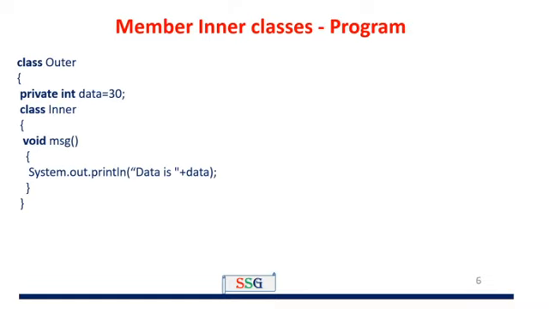Okay. The next one, program for the member inner class. Consider an example program, class Outer. The outer class name is Outer. The outer class contains one data member, private int data equal to 30. That means the outer class contains one data, that is data. It's a private integer variable, with value equal to 30. The next one, define the inner class, class Inner. The inner class contains only one method. The method name is msg, and it returns the data type void. The msg method contains only one statement, System.out.println, which prints the value of the outer class data. That means this function prints the private member of the outer class. Then the inner class definition is over.